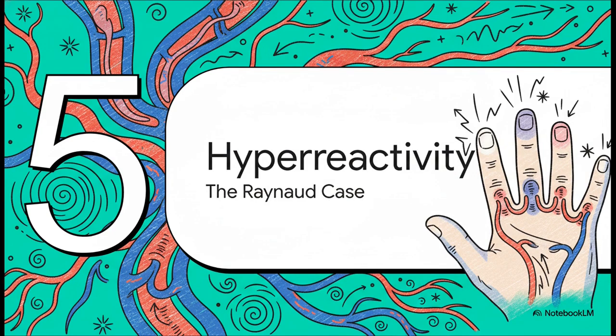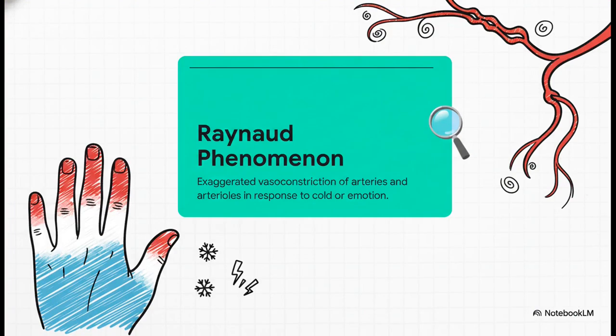It's not a weak wall and it's not inflammation. It's a functional issue of overreaction. We call this vascular hyperreactivity. The classic example here is Raynaud's phenomenon. This is a case of the vessels just clamping down way too hard and way too fast in response to cold or stress. This spasm restricts the blood flow and causes those classic red, white, and blue color changes in